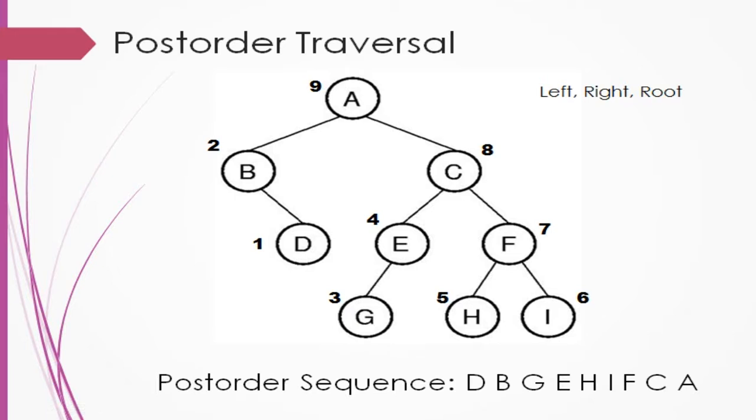Now after left, you can see right. Okay, so after B you are not going to the root, you are going to the right part of the binary tree. Now in right you got left and right for C. So you have to go to left first, and for E you got a left node, you don't have a right node, so from E you have to go to G. So G will be the third in the sequence, because it is left. You don't have right, so you have to go to the root. So E will be fourth in the sequence.